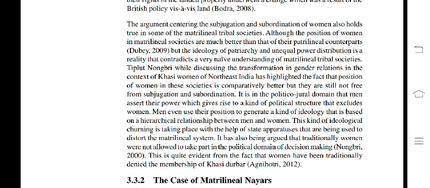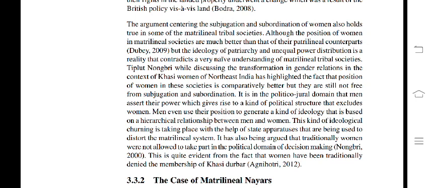In some of the matrilineal tribal societies, although the position of women is much better than that of their patrilineal counterparts, Dubey 2009, the ideology of patriarchy and unequal power distribution is a reality that contradicts a very naive understanding of matrilineal tribal societies. Tiplut Nongbri, while discussing the transformation in gender relations in the context of Khasi women of northeast India, has